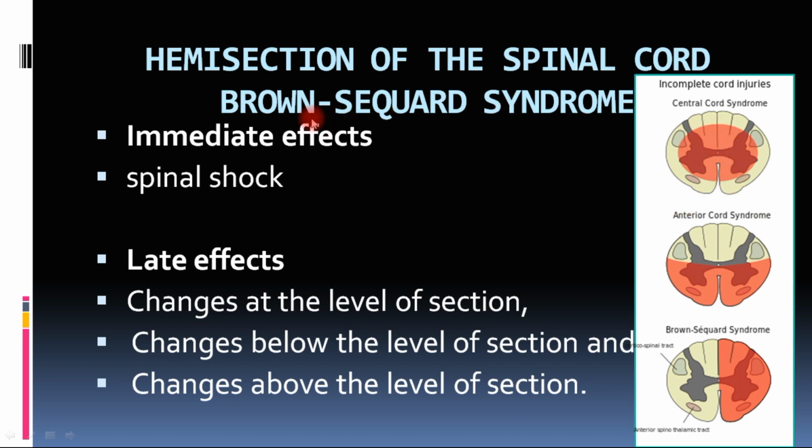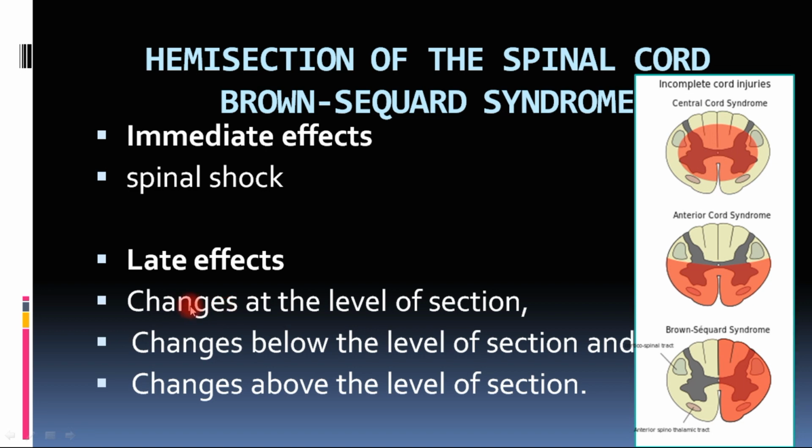Okay, so in this class we are going to deal only with Brown-Sequard syndrome, which is hemisection of one half of the spinal cord. This half is affected, as you can see here. In the other half, all the tracts are intact. There are immediate effects and late effects of hemisection of the spinal cord. The immediate effect is spinal shock, which is the same as spinal shock in complete and incomplete transection of the spinal cord. Then comes the late effect,